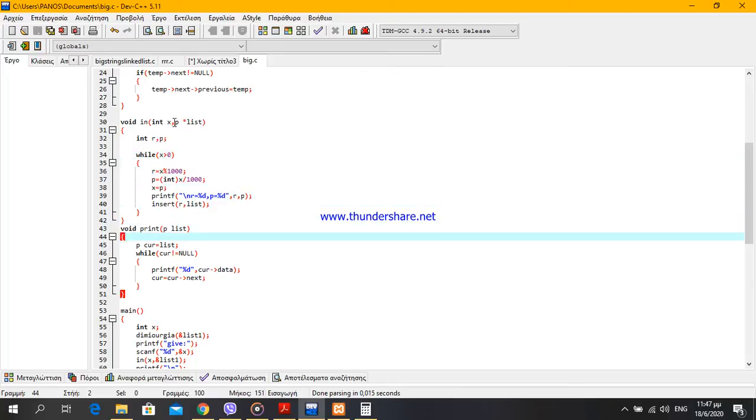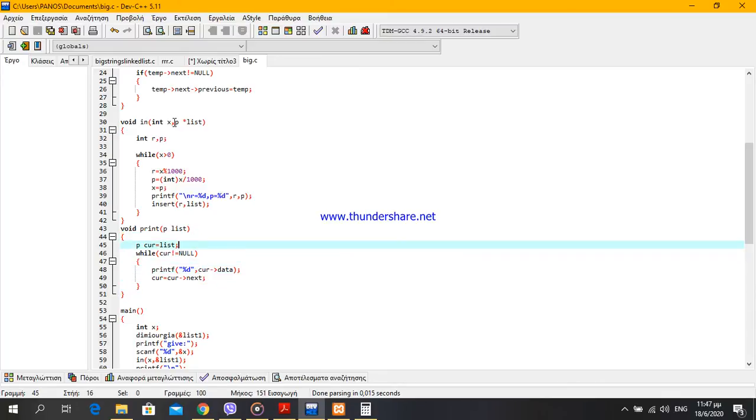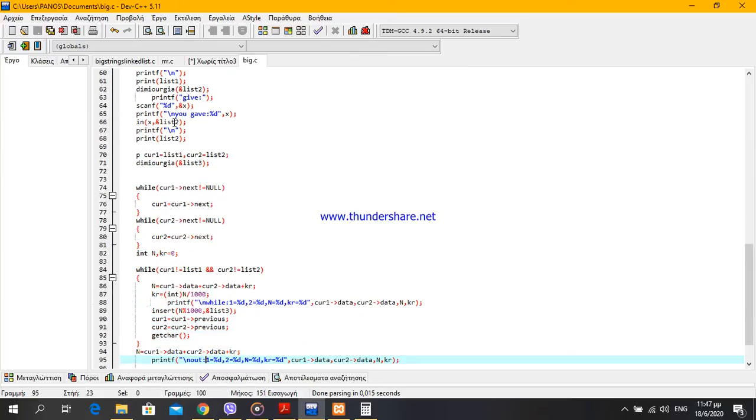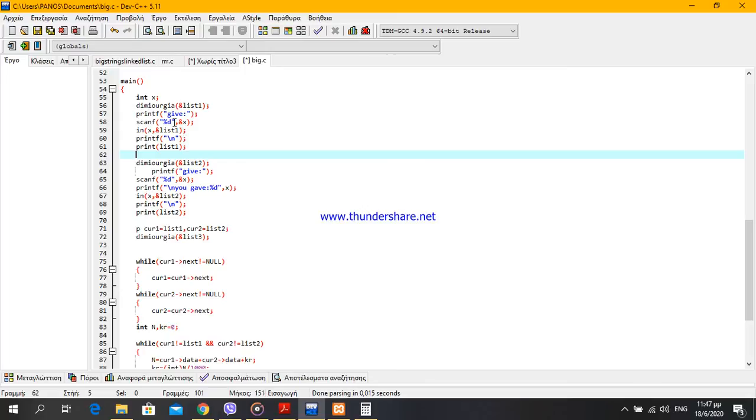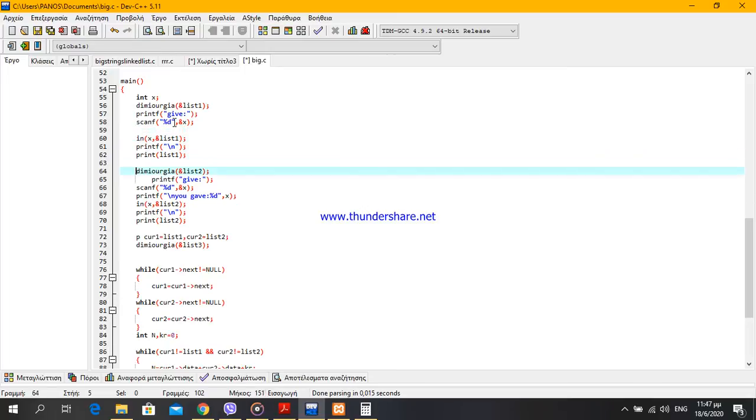And we print the double linked list like this, very easy. All you have to do is print the data of this pointer here that points to our double linked list, and after that you can move to the next memory address like this. Now after I have inserted in the memory of the double linked list the two numbers, okay, like this,